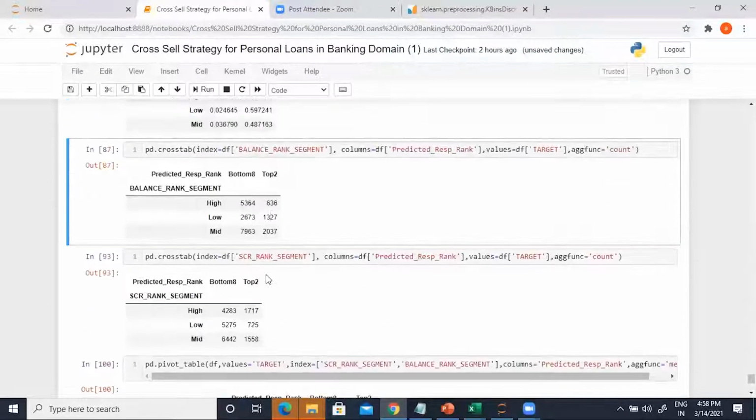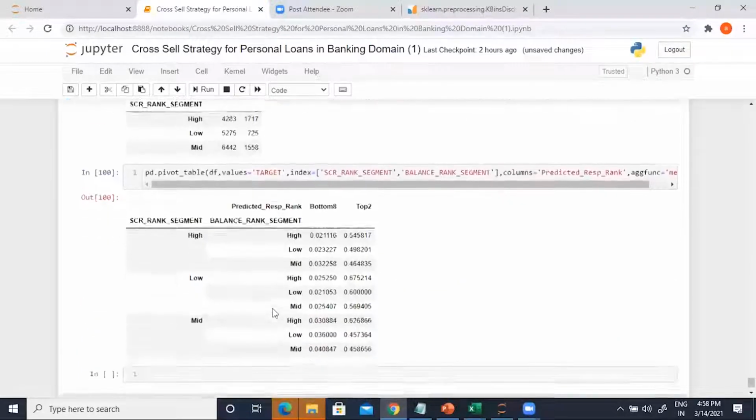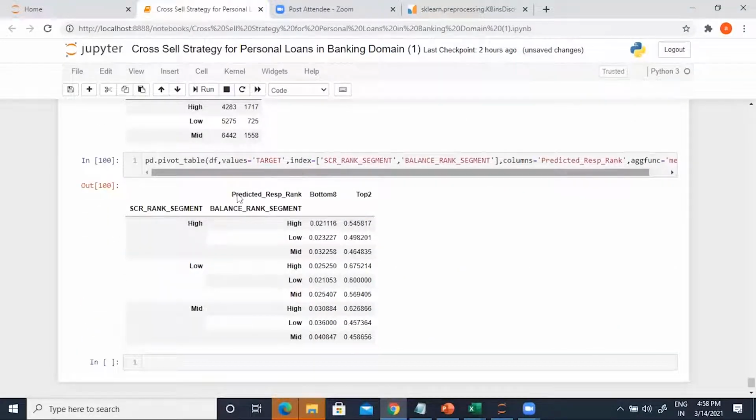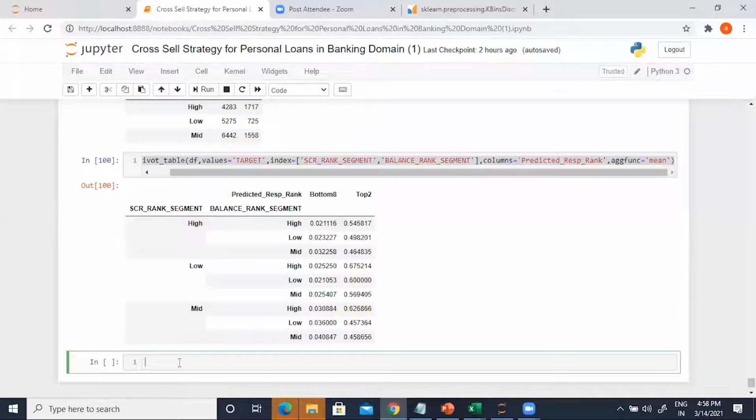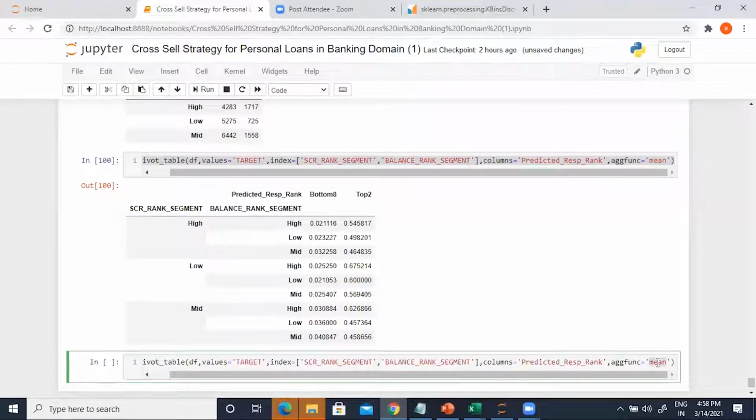I'm just trying to see how many customers they didn't capture. The interesting part is the last pivot table, where I keep the score rank segment high, medium, low, and the balance segment high, low, medium, and then top two and bottom 8. So if I do this, I'll be able to figure out, and I can actually copy and paste this, and instead of mean, I can just have count here as well, so that I get both perspectives.